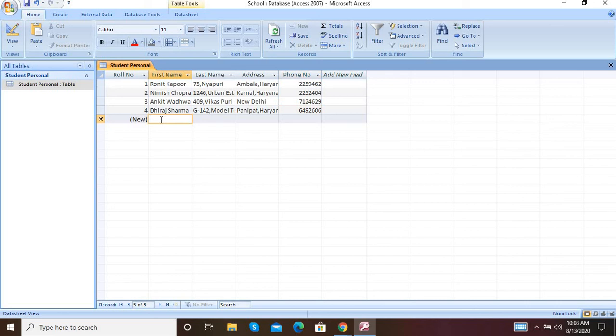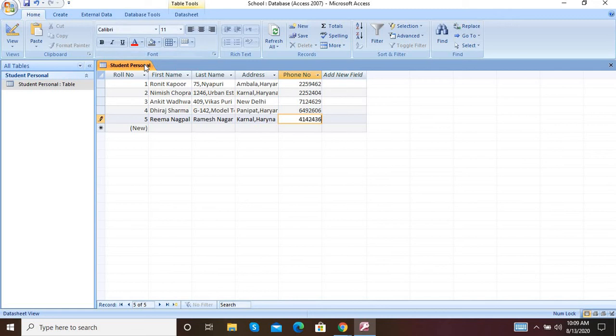Next is Reema Nagpal, Ramesh Nagar, Karnal, comma Haryana, 4142436.